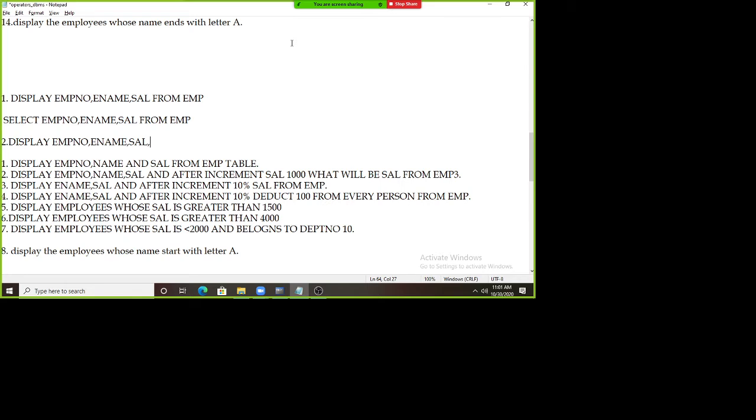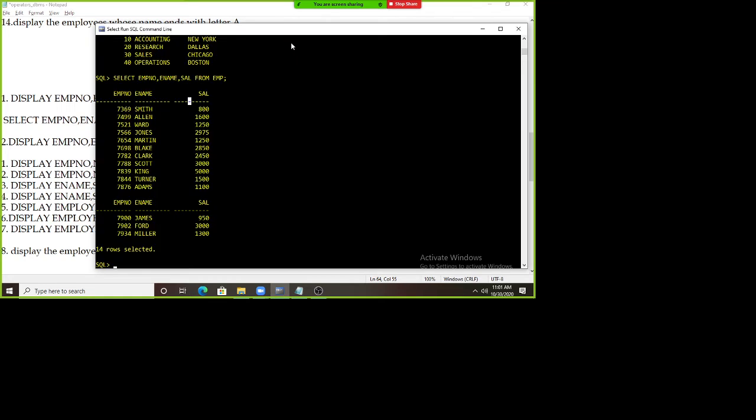Including these columns, I want a separate column. In that column I want to see the salaries with an increment of 1000 rupees for every employee.